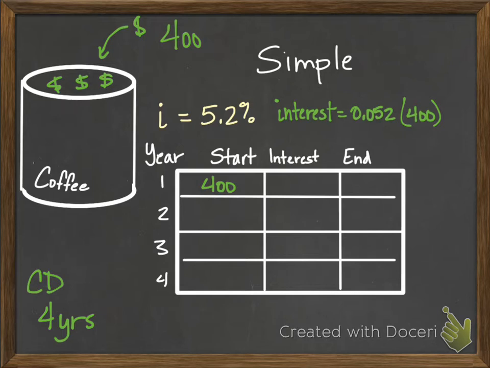Now that's a little different than a normal savings account. Savings accounts usually have a lower interest rate than CDs do, but with a savings account, you can get your money out anytime. There may be some kind of a minimum balance just to keep the account open, but pretty much you can take your money in, you could take it out, you could put more in. With a CD, you put in a block of money, like in this case, I'm pretending $400. I put that $400 in. I can't add to it, but I also can't take it out, and it just stays there for the whole 4 years.